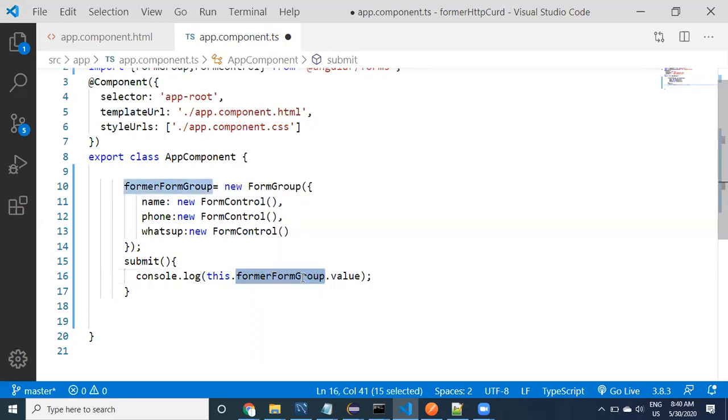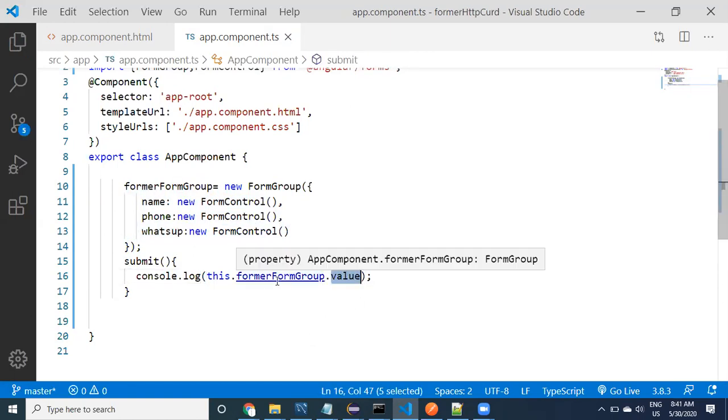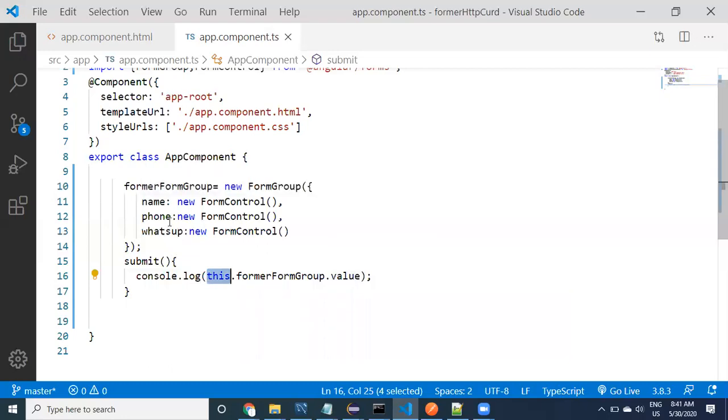Whatever data is available in this form group, I don't want to take each value. I want to take all values in the form of JSON. So form group dot value gives you JSON. I'm not taking values individually from form control, but reading JSON data directly from the form group. That JSON contains keys and values: name, phone, and WhatsApp.